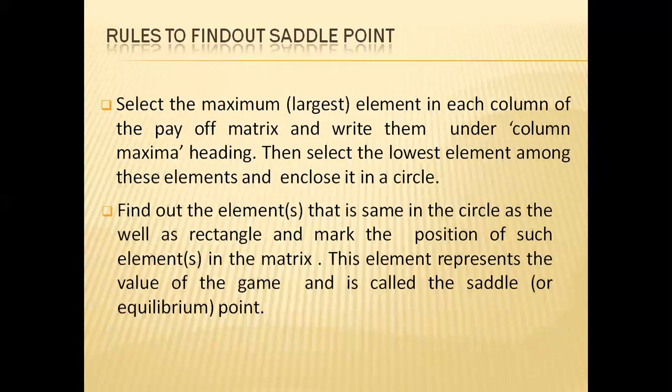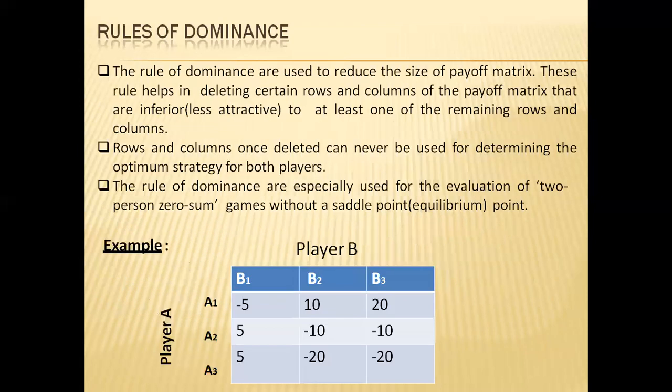Selecting the maximum element in the condition leads towards the column in the case of the minimum, and in the case of the maximum, we have found it out. Considering an example, the dominance rule, or the maximum rule that needs to be followed in dominance, is used to reduce the size of the payoff matrix. Nothing but a 3 by 3 will be reduced to 2 by 2 by eliminating one of the players.